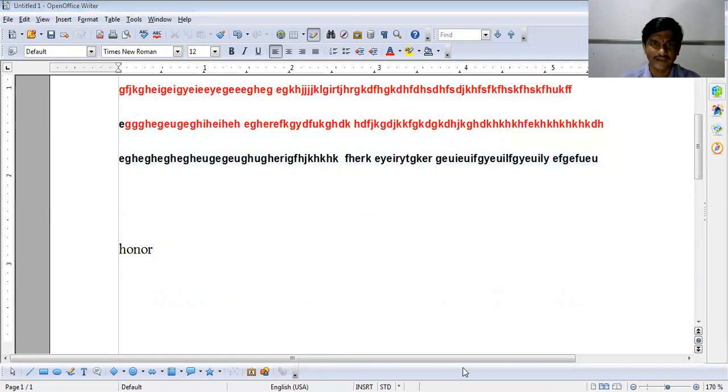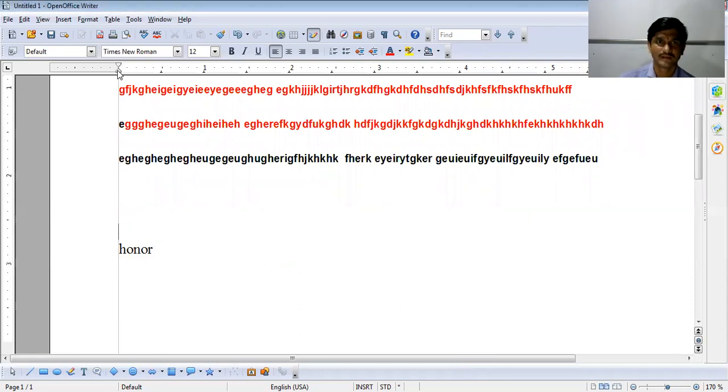Now next point, indentation. Indentation means what? If you want to increase the margin of both sides, right and left, indentation refers to the distance of the text or paragraph from either the right or left margin. I will show you about this indentation. Suppose this is the indentation.